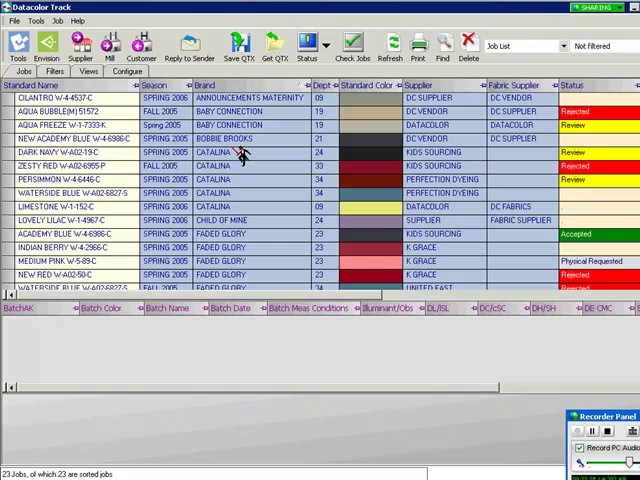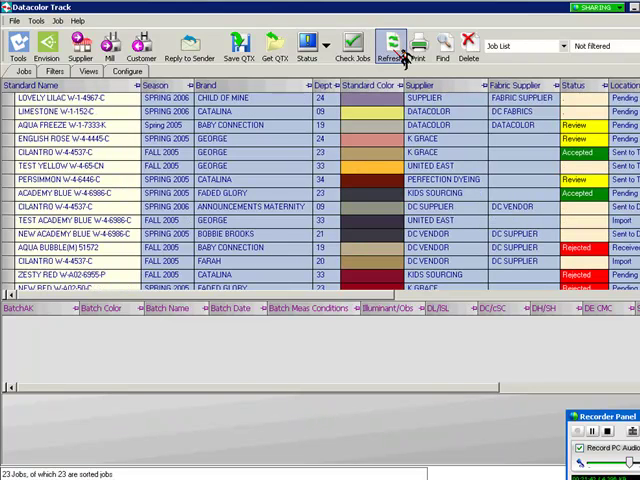So if you wanted to see, for instance, the brand Catalina, all the jobs that you had in process for that, you can click on the brand column header and go to Catalina and find those particular jobs. Again, if I want to reorganize them based on job date, if I just click the refresh button, it takes me back to that original setting. So now the most recent job is displayed